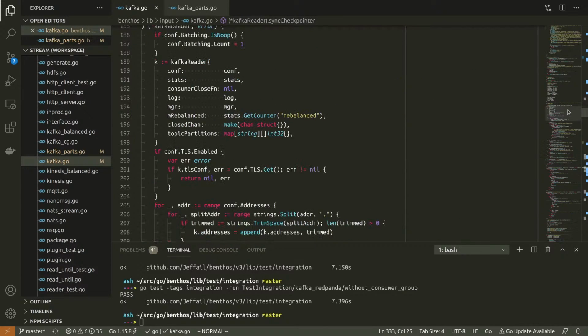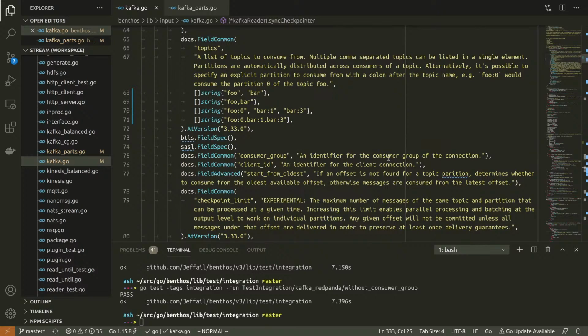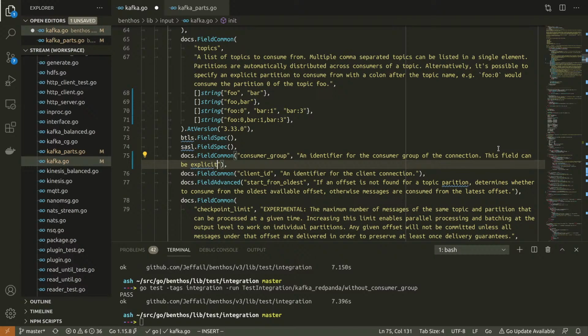Whoa, I implemented that fast. Identify for the consumer of the connection. This field can be explicitly made empty in order to disable stored offsets for the consumed topic partitions.